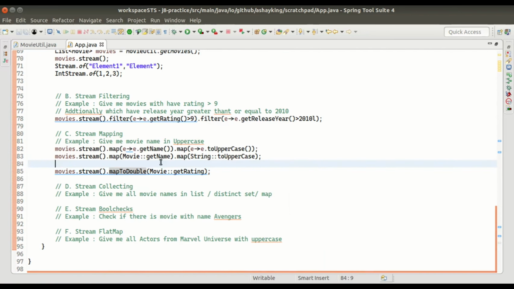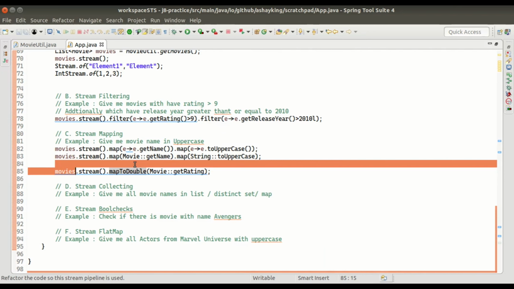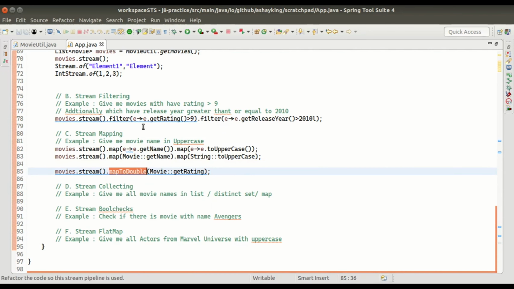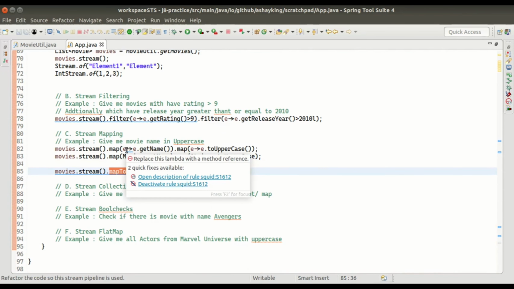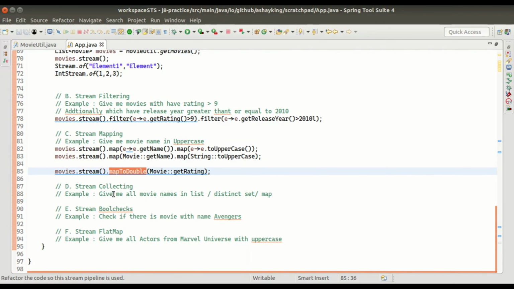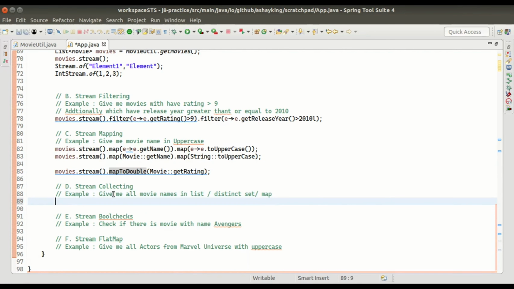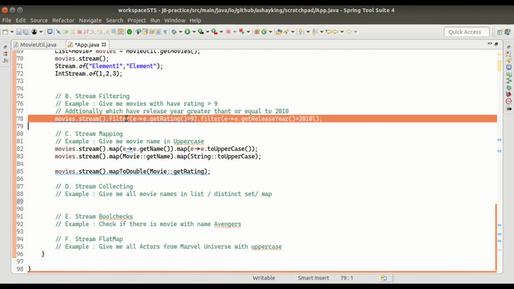Now this is again an intermediate operation, and I can say it is another lazy operation. These things, filter and map, don't get triggered until and unless we supply them a terminal operation. The terminal operation is the place where we say that I want to get some result from whatever intermediate pipeline I had applied. Now in collecting, we can reduce the stream to a single object or multiple objects, basically to a collection. So now let's take our use case of filter.